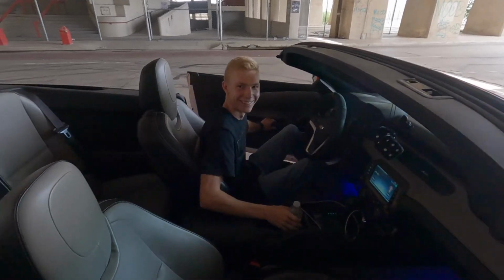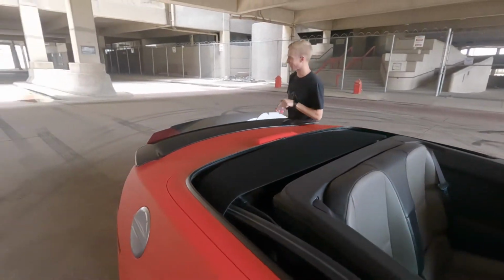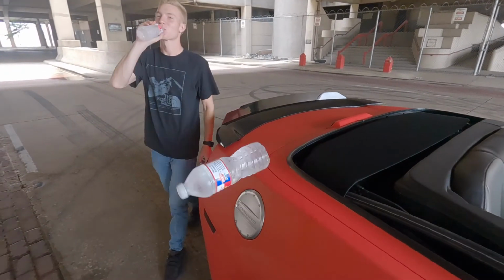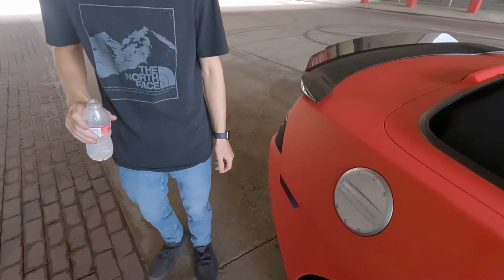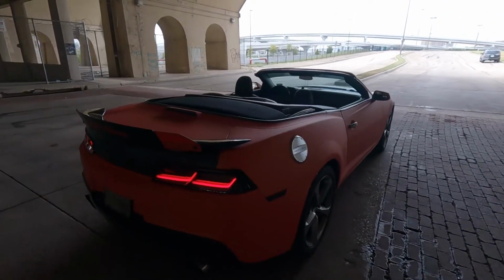Did everything just shake up in your car? Because of how much power you have in this car? Yeah, everything was about to fly out. And your stuff is ceramic coated? After all that being said, and testing out that ceramic coating,